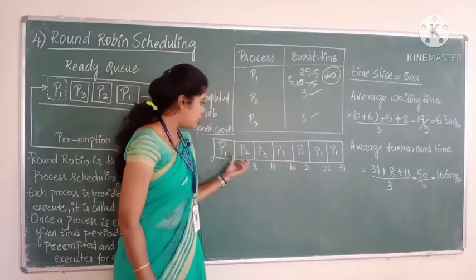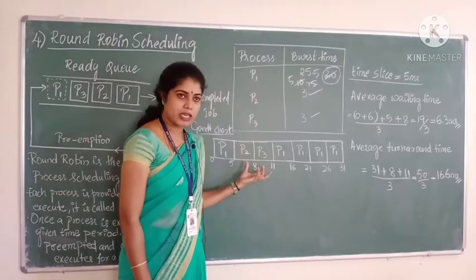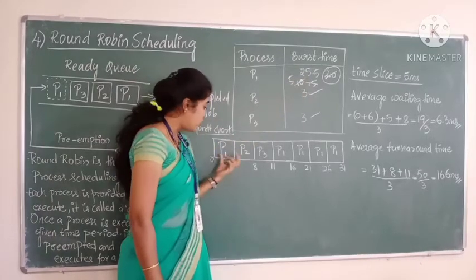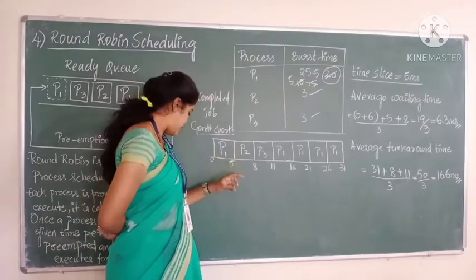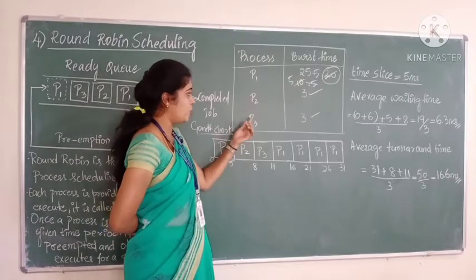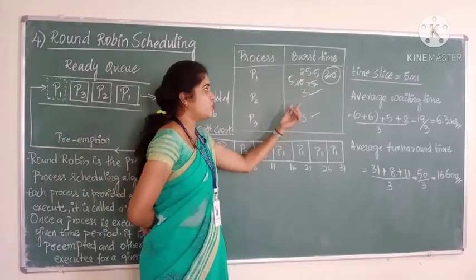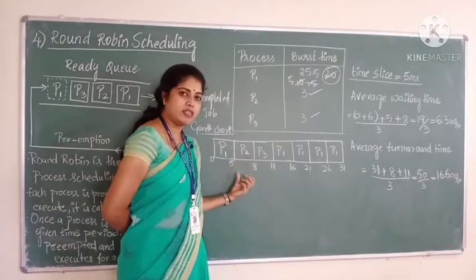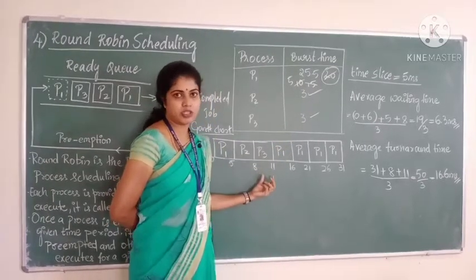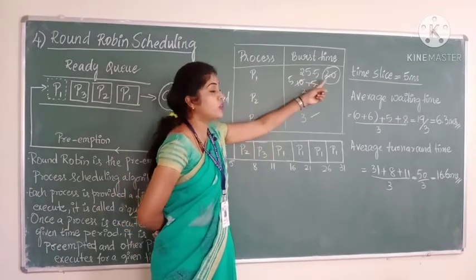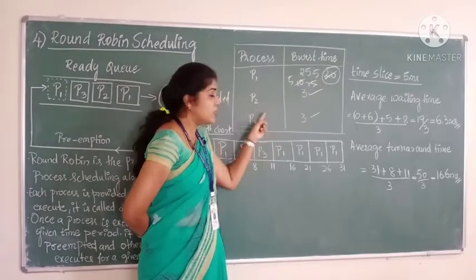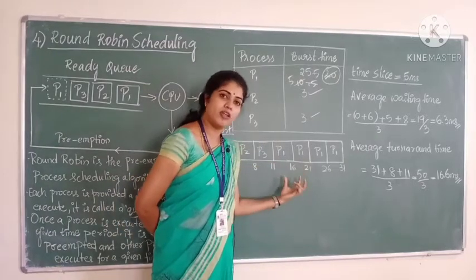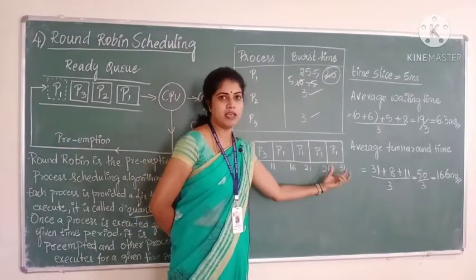Okay, I'll repeat. See, because the time slice given is 5 milliseconds and P1 has a burst of 25 milliseconds, for the first attempt it should take only 5 milliseconds. After that you have P2 and P3, but P2 and P3 have burst time less than 5 milliseconds. In the first attempt only, P2 will finish its execution, P3 also will finish its execution, but P1 is still pending with 20 milliseconds. And there is no other process pending, so P1 will continue one after the other, taking 5 milliseconds each time.